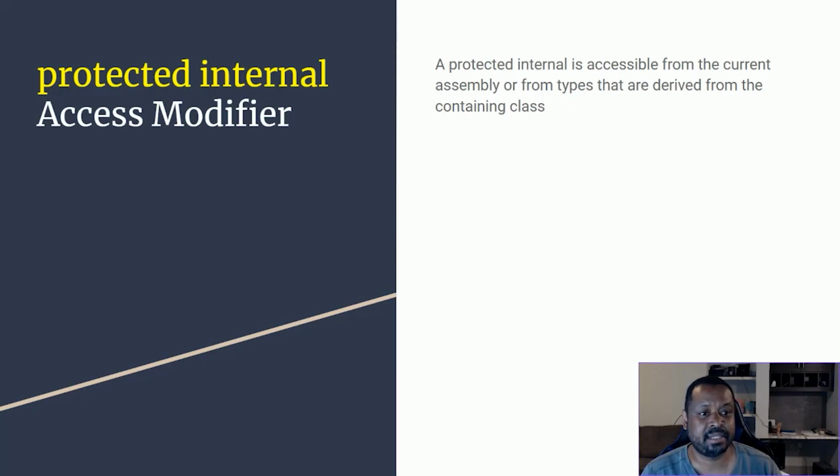This is the protected internal access modifier. A protected internal is accessible from the current assembly or from types that are derived from the containing class. And because we're showing protected and internal separately, they're combined, they can coexist. There's no conflict there. I don't know if I need to demo it because we know what the protected and the internal together do, and we know how to decorate